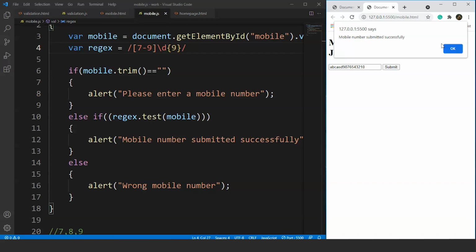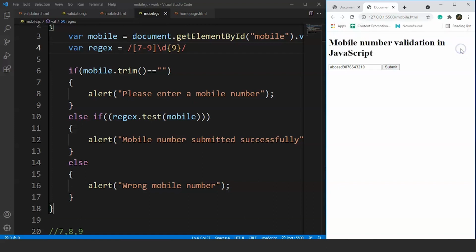Right, we have to mention the starting and the end points of a regular expression for this purpose. We have two meta characters. One denotes the start, that is the caret character, and the other one denotes the end of the string, that is the $ sign. So we'll add both of them in our expression. What we'll do is, we'll write here caret. This will denote the start of the string, and here we'll write $. This will denote the end of the string.